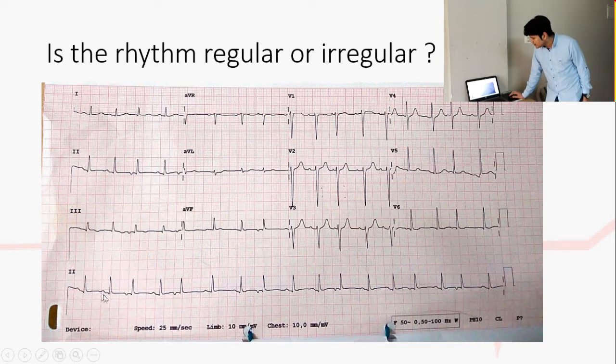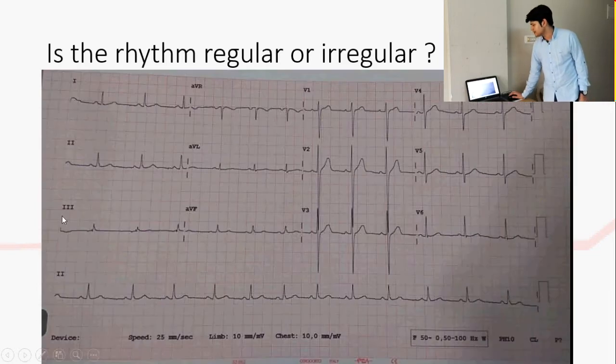So if we see the P wave here, then the next P wave, then the next P wave, then the next. If we have more than 2 morphologies of the P wave along with an irregular rhythm, the diagnosis becomes multifocal atrial tachycardia. Okay. So this was the one ECG with multifocal atrial tachycardia, where the rhythm is irregular and P waves are present.